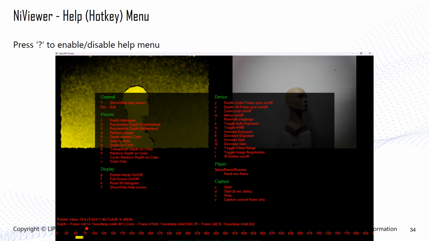These 6 sections include: 1. The General, which shows and hides this menu. 2. The presets, which use the numerical keys to display depths with histograms, measurement information, side-by-side comparisons, and different depth modes. 3. The display, which allows you to turn on or off the pointer, use full screen, or reset the